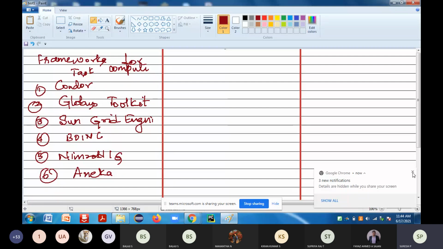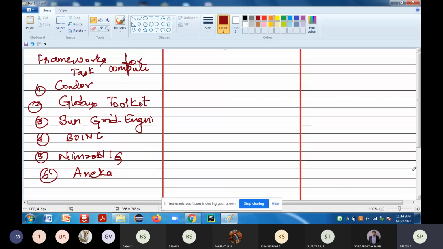So we are discussing with respect to the Aneka most of the times here, but the frameworks for task computing are classified into what? They depend upon Condor, Globus Toolkit, SunGrid Engine, Boeing, Nimrod-G or Aneka. So we will discuss one by one in the next class. But before that, now